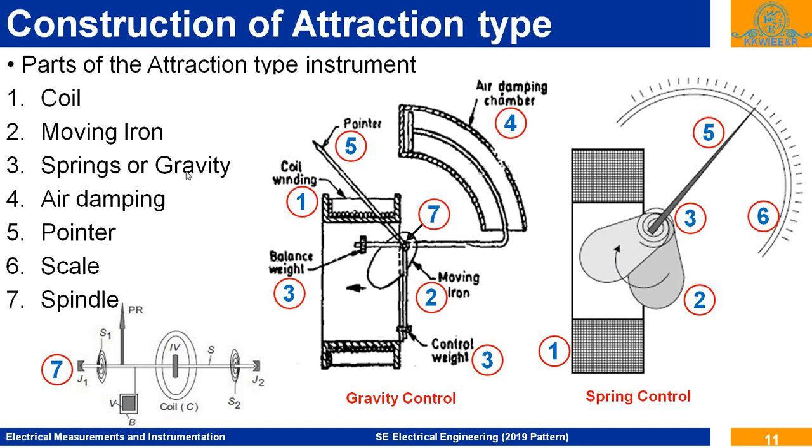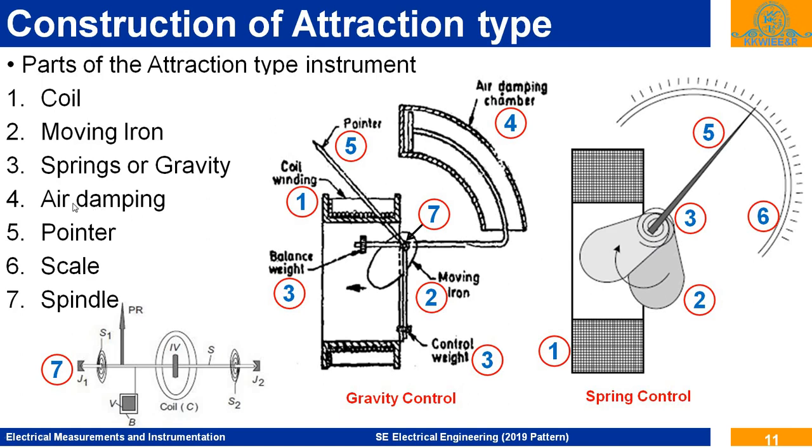Spring or gravity control. For a vertical or panel type instrument, where the spindle is horizontal, gravity or balance weights, the control weights, are provided for the controlling purpose. And for the vertical spindle arrangement, the spring is provided. So balance weight, control weight for gravity control, and a spring for the